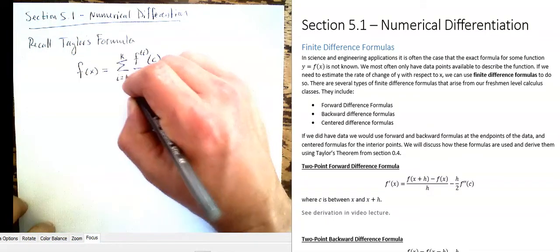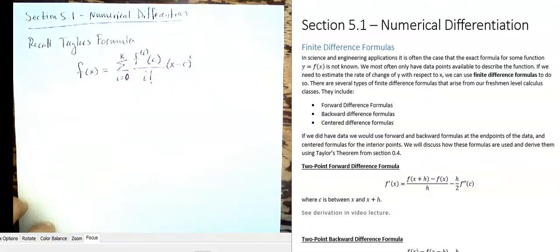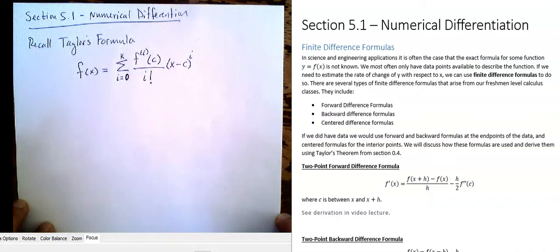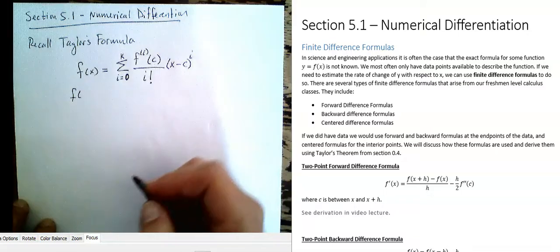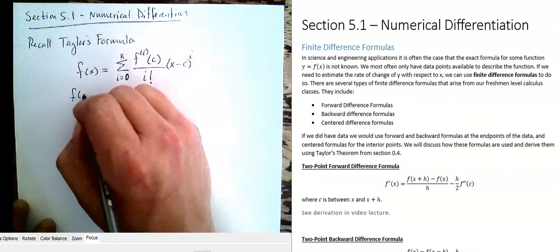Excuse me, this should be 0. So here's Taylor's formula. We can actually manipulate this a little bit if we consider a shift in x. So f of x plus